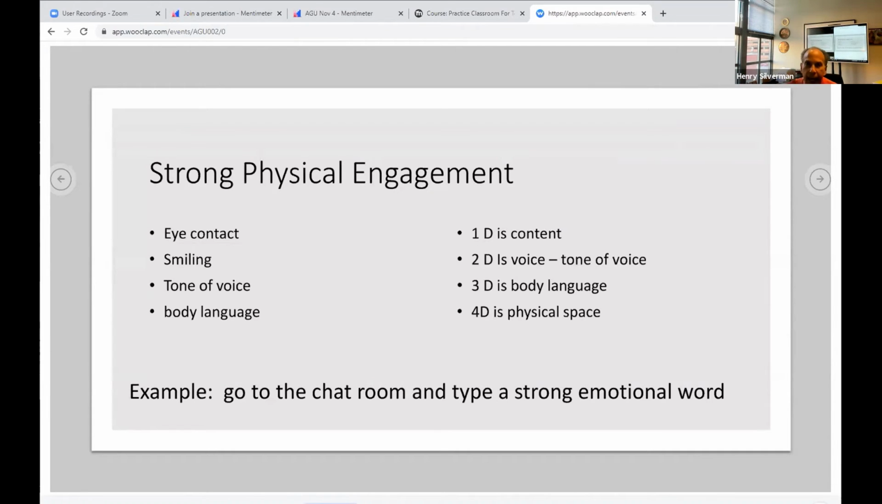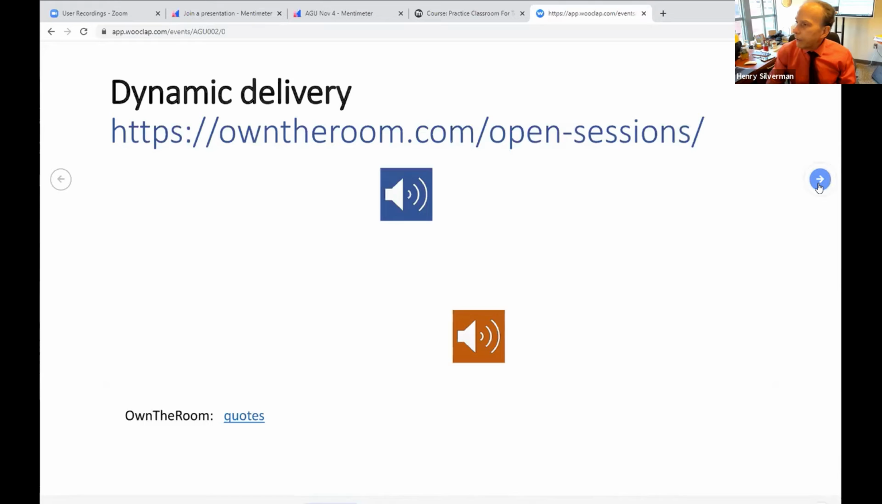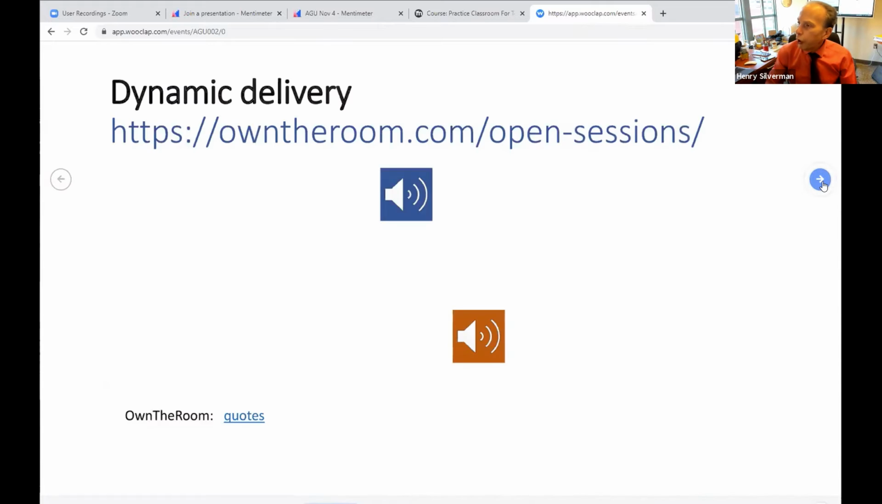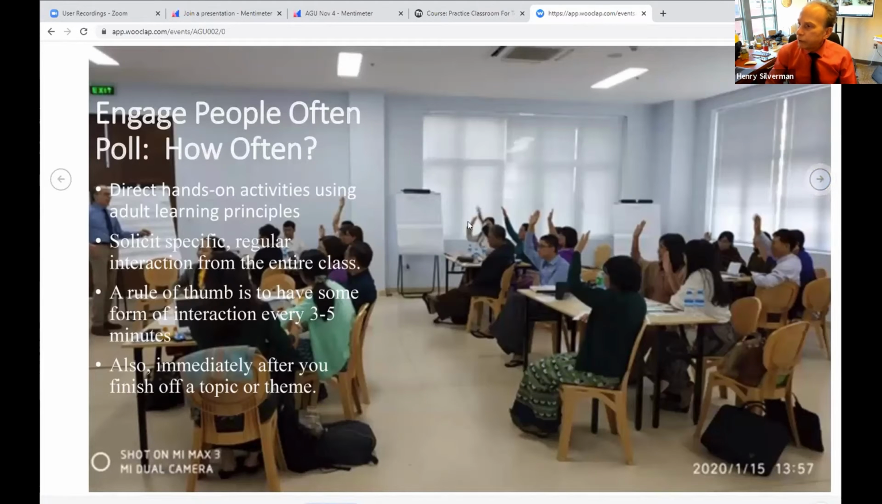Okay, this is how you own your room. All right, and engage people in what you're saying. Okay, so a strong physical presence. The other thing is, I was going to say one more thing. Develop a strong physical presence. So engaging people,